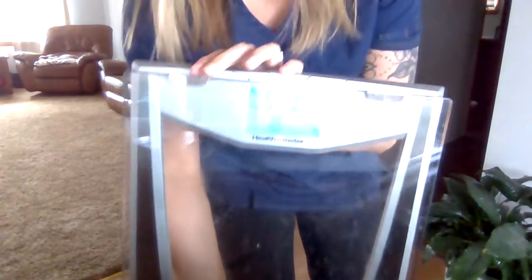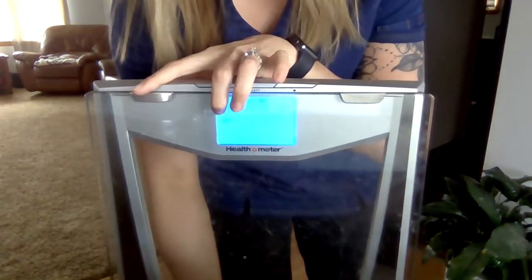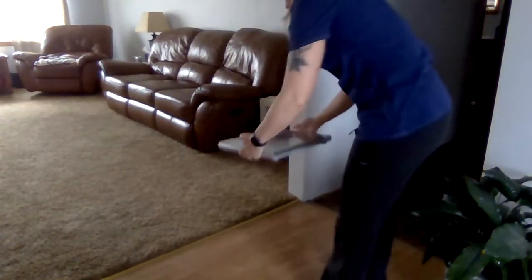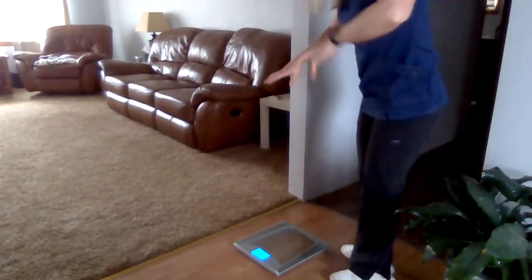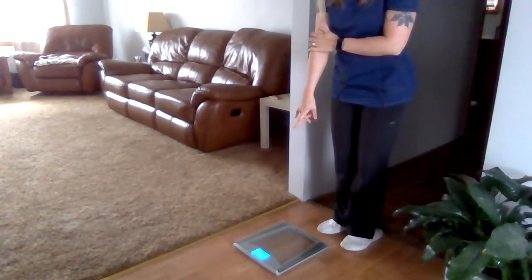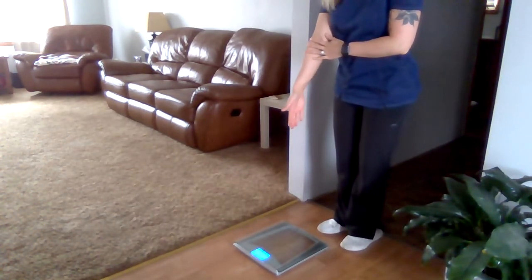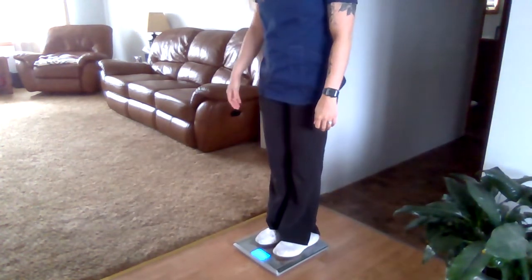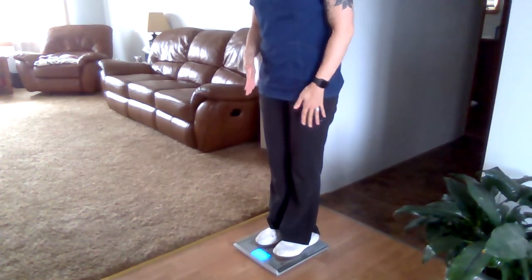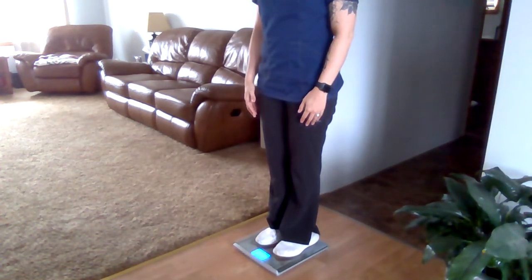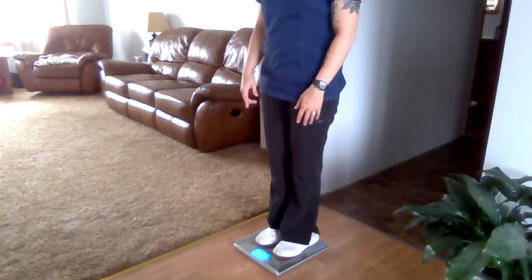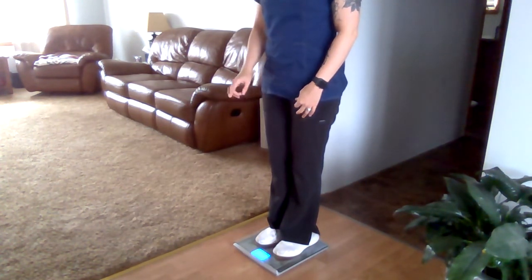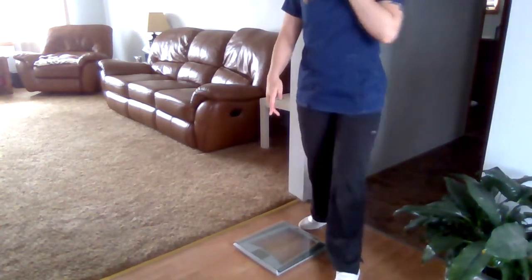So for this one, you're going to turn it on, and it's going to say 0.0. You want to wait until that clears, and most of them will tell you, it'll say step off, and it'll tell you when to step on. When it has a 0 out of pounds and it says step on, that is when you need to step on your scale, evenly distribute your weight, don't lean one side or the other, and place your hands along your sides. Stay still for about 30 seconds, and it'll show you exactly how much you weigh to the decimal point. And that's the number that you need to record in your journal, and make sure that you report any changes.